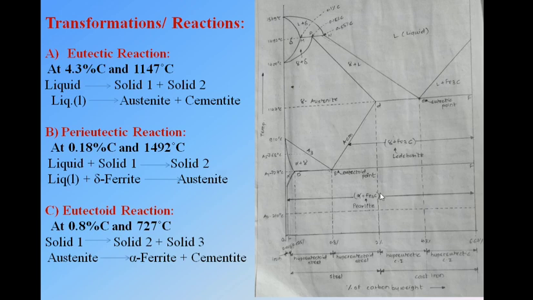Okay, in the same way here we have pearlite, which is a eutectoid mixture of alpha ferrite plus Fe3C. Okay, so these are the 7 phases present in the iron carbide equilibrium diagram. Those are alpha ferrite, delta ferrite, austenite, liquid iron, cementite, ledeburite and